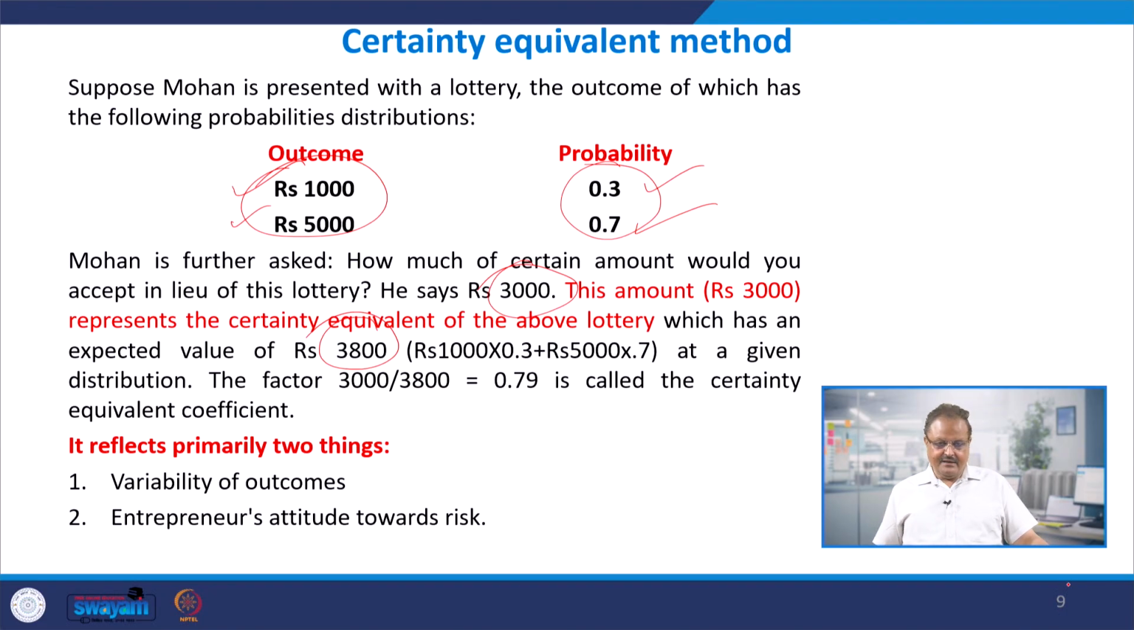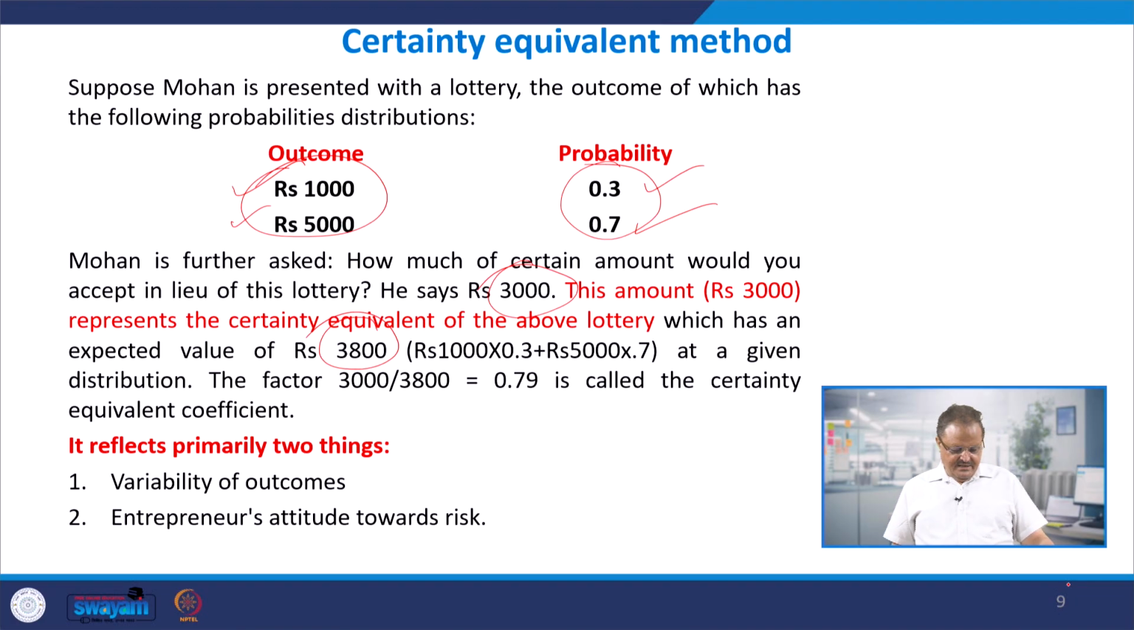So that 3000 rupees of the expectations of Mr. Mohan is representing the certainty equivalent value, not coefficient. Coefficient we will work out. So that is a certainty equivalent amount that he wanted to be sure with, and he wanted to be satisfied with. I am happy with the 3000 rupees, and if 3000 rupees are available to me from this lottery, I'll be very happy. So the lottery expected outcome is going to be 3800 rupees,